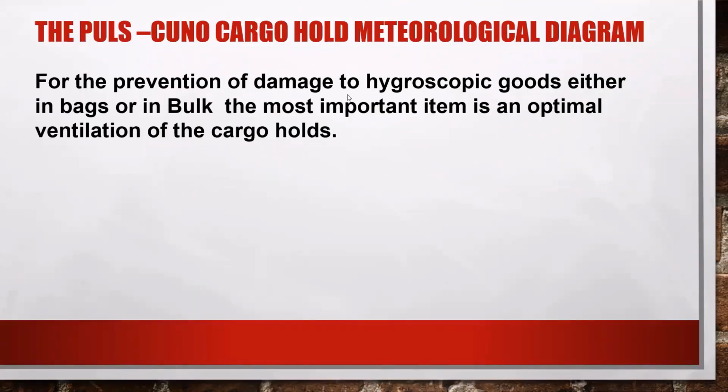For the prevention of damage to hygroscopic goods or cargo, like in bags or in bulk, like grain, the most important item is for sure an optimal ventilation of the cargo. This means that all the instructions for the ventilation shall be given in detail and in short information, and they should be correct. These ventilation requirements should also be part of the voyage plan documentation and of the toolbox meeting